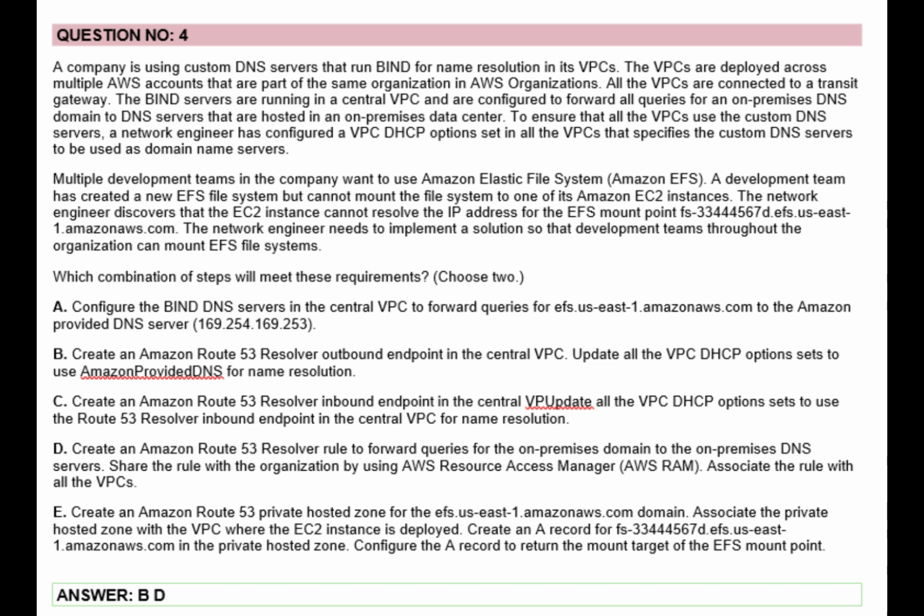f334567d.efs.us-east-1.amazonaws.com. The network engineer needs to implement a solution so that development teams throughout the organization can mount EFS file systems. Which combination of steps will meet these requirements? Choose 2. A. Configure the BIND DNS servers in the central VPC to forward queries for efs.us-east-1.amazonaws.com to the Amazon-provided DNS server